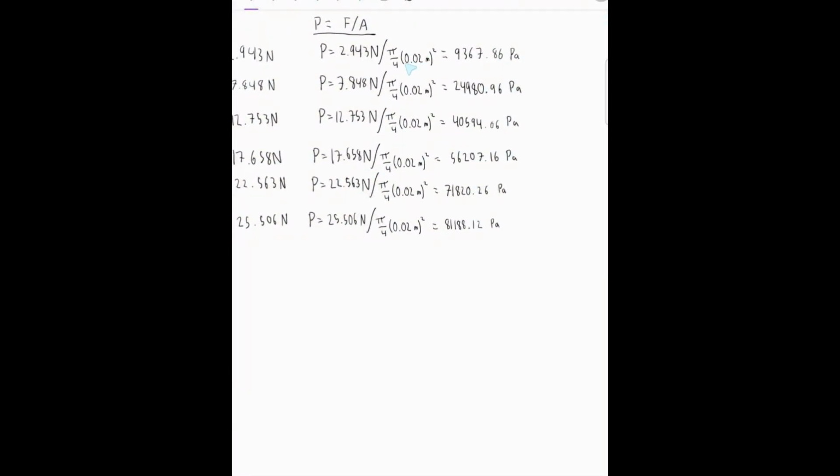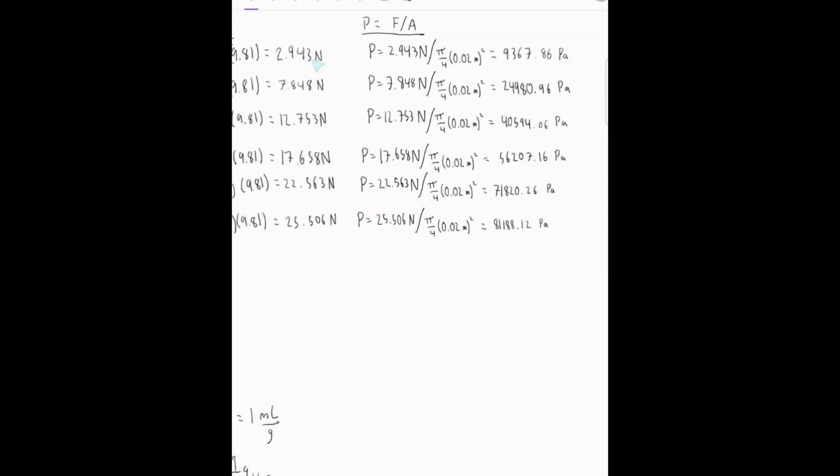And then to find the pressure, we simply take the diameter of the syringe, which was 2 centimeters, and we convert that to meters to keep it all in SI units. And so here we just take each corresponding force right here, you plug it into this formula, pressure equals force divided by area, and from here you take this, divide it by the formula for the area of the syringe, which is a circle, so you use pi over 4 times the diameter, which is converted to meters, and you square it. Then you do this for every single one, and you've got